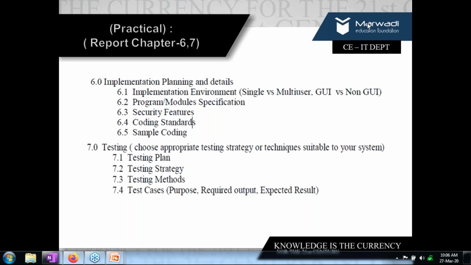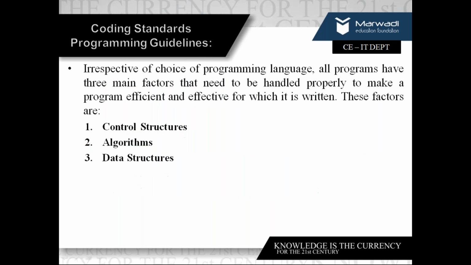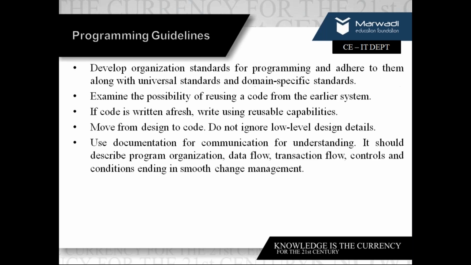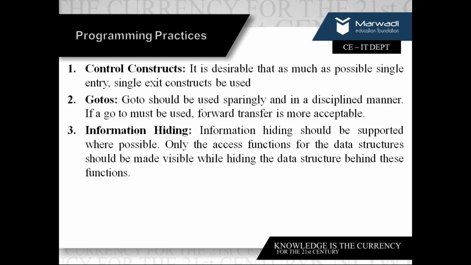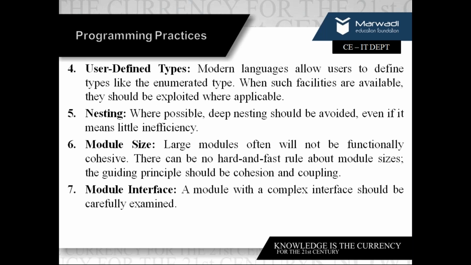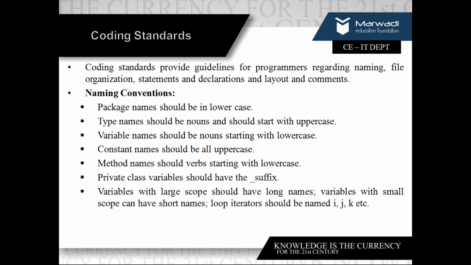Why was coding involved before testing? Why this chronology? Nowadays we talk a lot about chronology, right? Students will be smiling listening to this. Why coding and then testing? And why did we go through formal technical review before coding? There is a reason why units are kept like this. I'll be testing only what I code. Formal technical review and quality assurance can be done from requirement specification also. Therefore, we had coding standards, coding practice, coding guidelines before we started with testing.